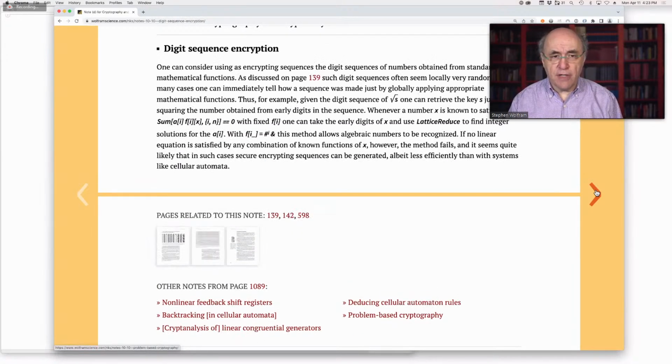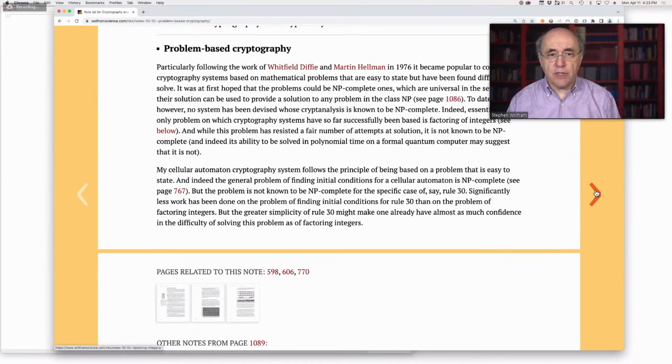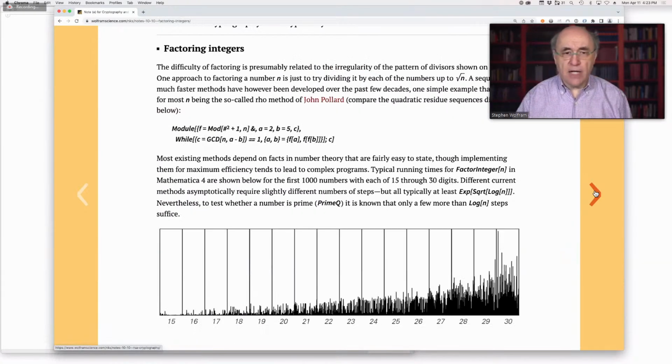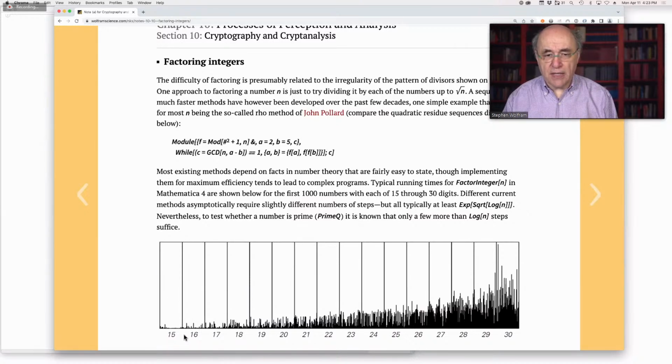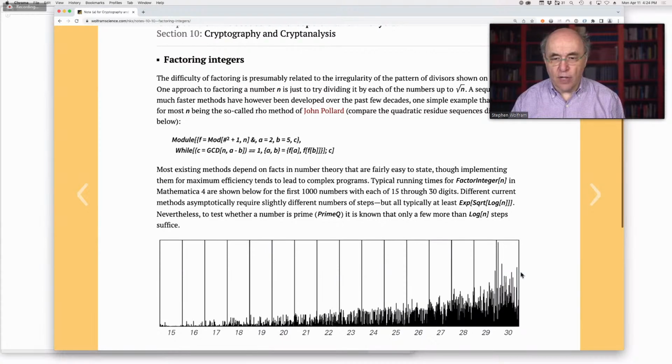Linear congruential generators. Okay, other kinds of cryptographic methods like using digits of pi or digits of a square root. Talking about NP completeness, talking about factoring integers. These are all sort of examples of that's the actual time it took Wolfram Language to factor integers of different sizes, samples of integers of different sizes. Back in those days, it's probably a little different now because the algorithms have changed a bit. But we see kind of the fact that on average, it's increasing more or less exponentially, linearly on this logarithmic scale.